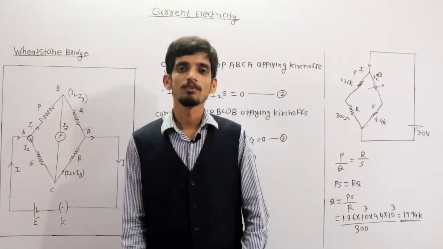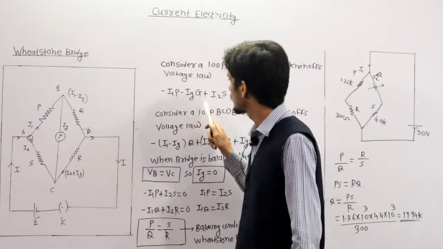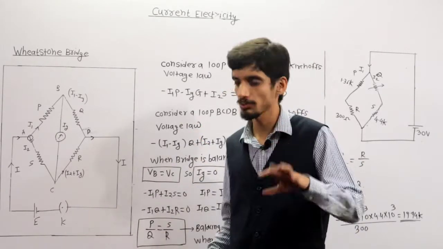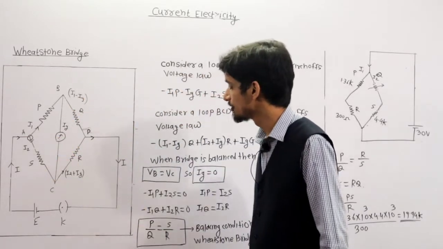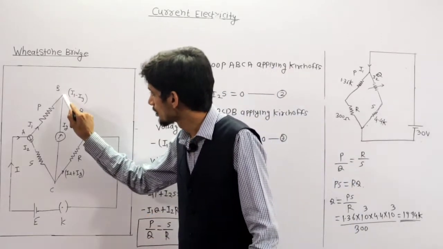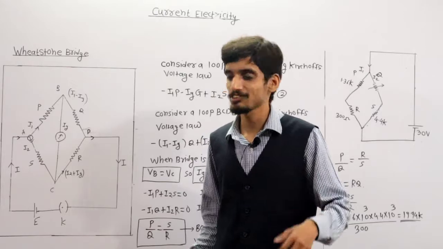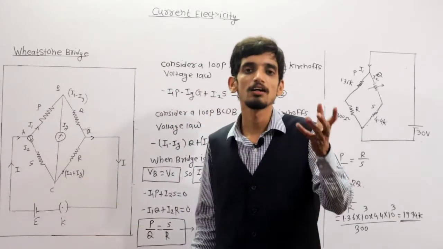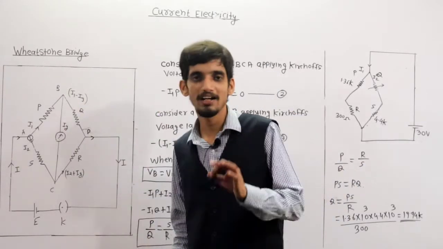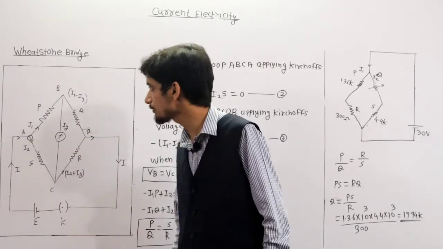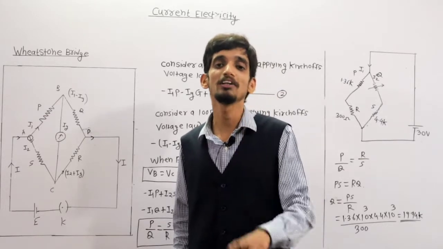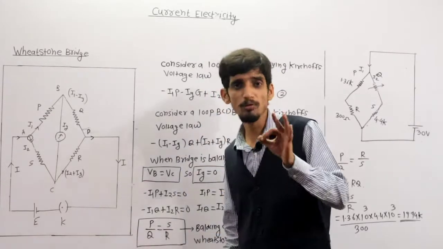Clear? Okay. Now we are going to derive the balancing condition of the Wheatstone bridge. As I already discussed with you the experimental setup and procedure, in this Wheatstone bridge network, if we want to find the balancing condition, it means we have to find the unknown resistance when point B and point C are at the same potential. It means they are equipotential. So if point B and point C are at the same potential, then definitely the current flowing through that BC branch is 0. It means that in the balancing case, the current flowing through the galvanometer is 0. Okay, so this is an important condition.